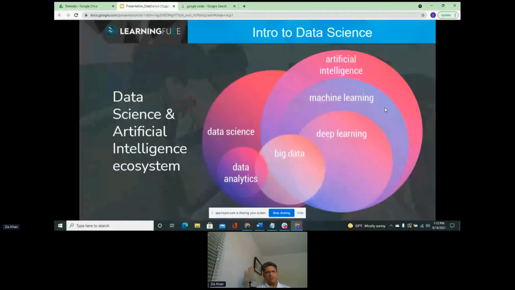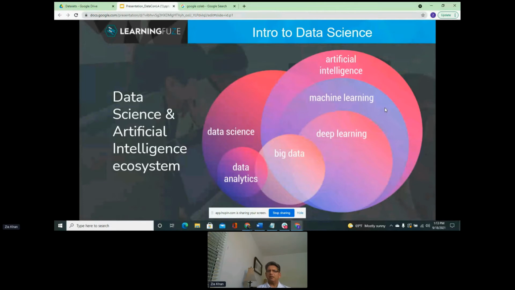Now, a lot of buzz in the industry right now is about big data. Big data is basically a lot of data, as the word suggests. But in addition to being a lot of data, which in big data we call the volume of data, there are some other attributes as well. There is velocity of data, there is variety of data, there is veracity of data. So big data has not only volume, but other attributes that make it big data. And that is utilized by deep learning, machine learning, artificial intelligence.